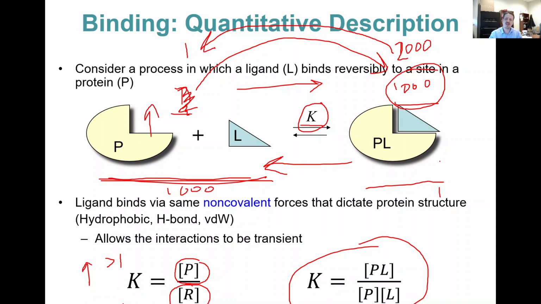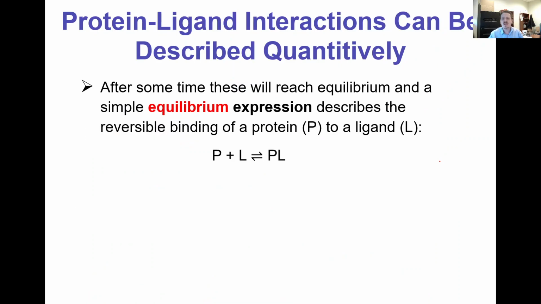And if this is sounding a little bit strange for you, go back and look over some notes and look over another video just to refresh your memory on Le Chatelier's principle and the way that when things are in equilibrium, if you increase one of the things on one side of the equilibrium, it's out of balance and it's going to shift to get back into balance, either pushing the reaction forwards or pulling the reaction backwards. Now, like I said, we can describe this as P plus L give the protein-ligand complex, and